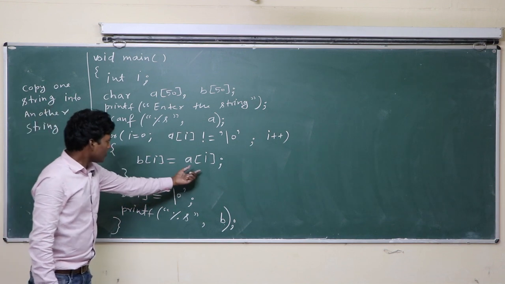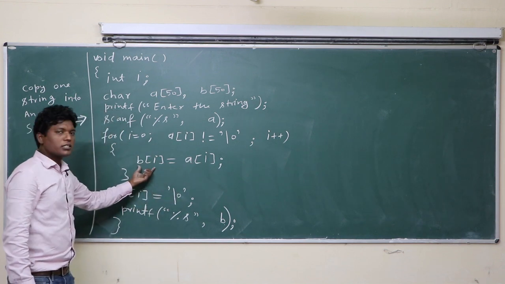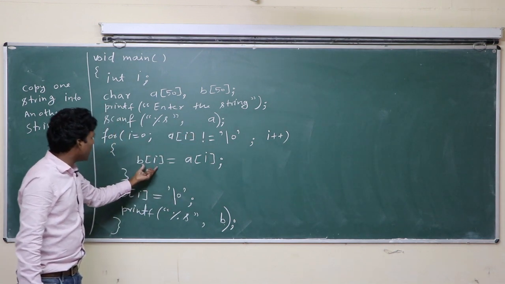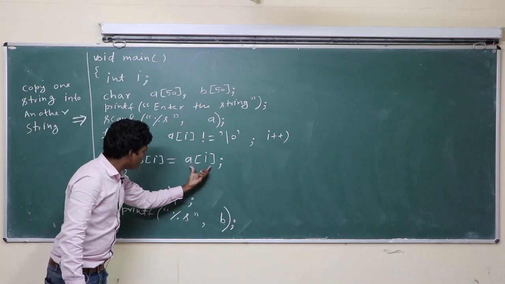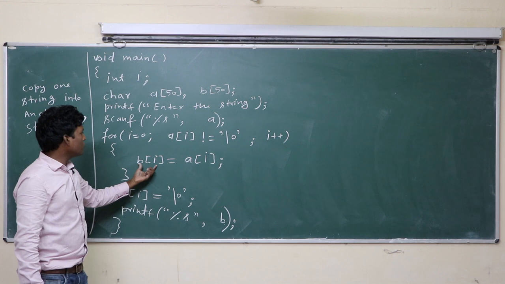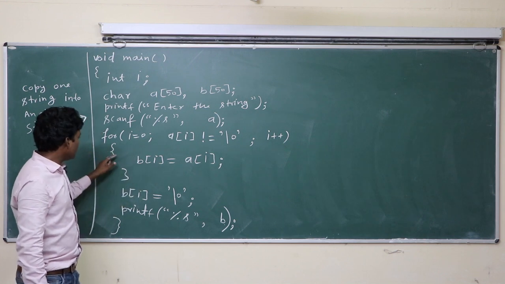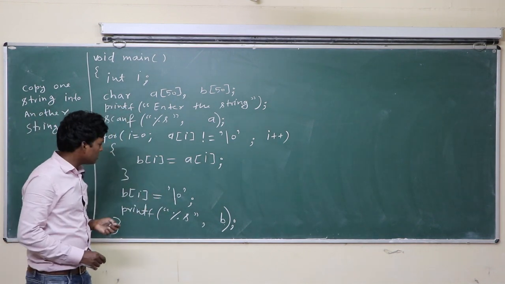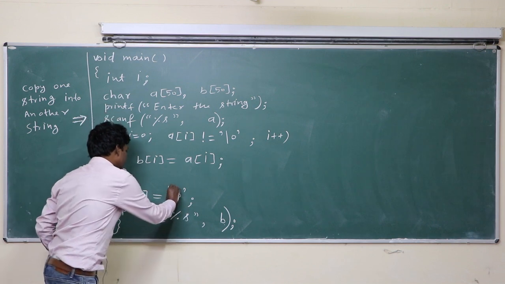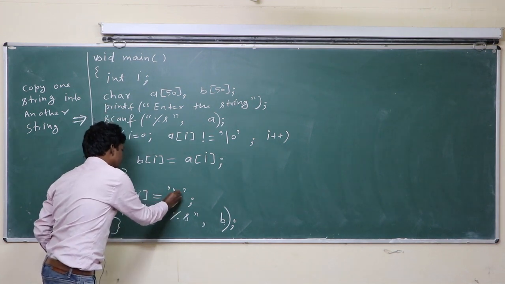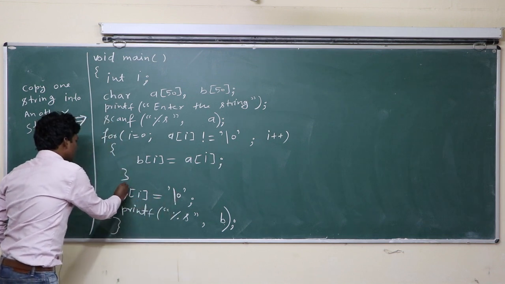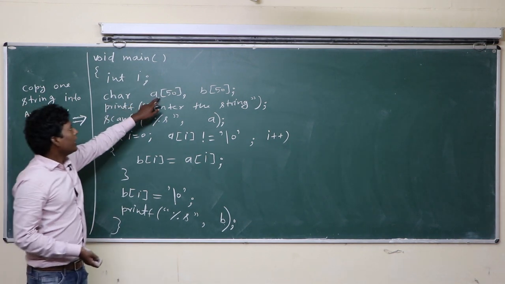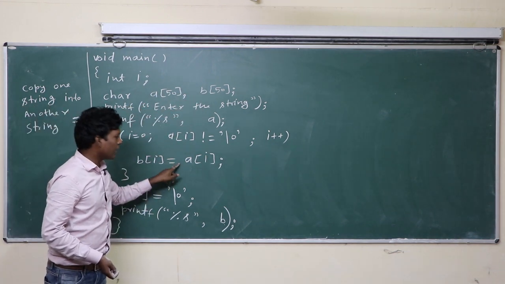So here class, string A is copied into string B. A has something. Here you fill the string A, but B is still blank. So you copied string A into blank string B. When you exit from this loop, B has all things that string A has, and finally B gets the null character. This is the null character. B gets the null character in the last of string B and prints string B. So here string A is copied into string B, this line.